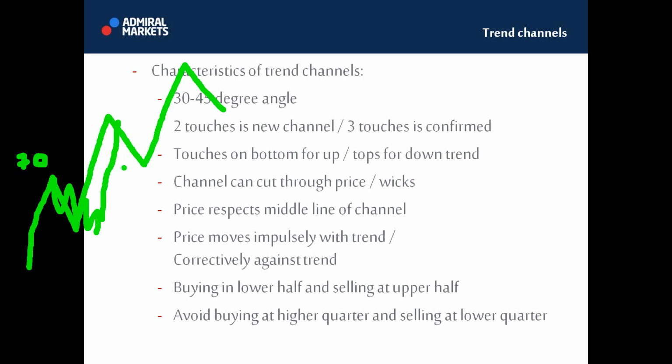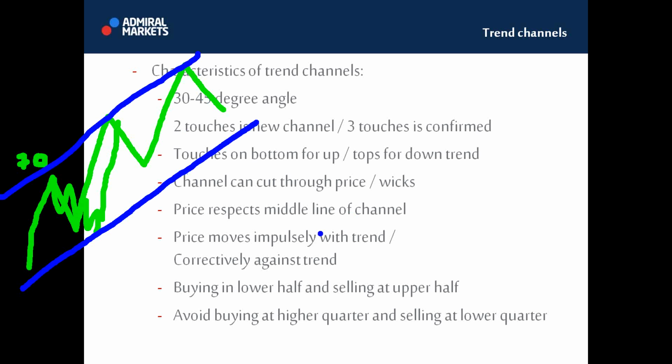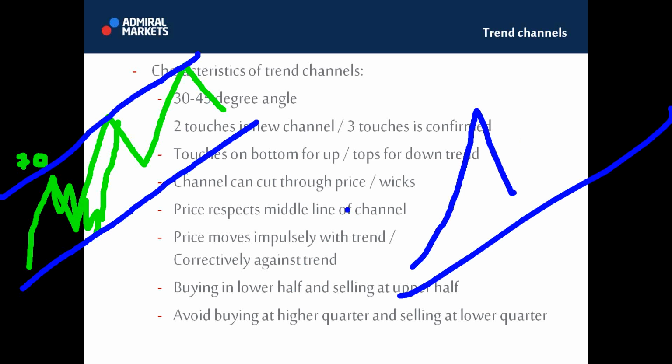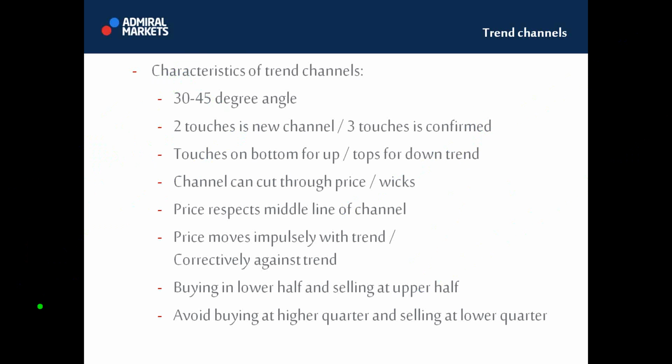So price will be moving at a higher angle, but the entire structure will become a trend channel set at a 45 degree angle, because part of price is fast, part of price is shallower, and the entire structure gets that angle. That's why you want to see that angle. If you see a trend channel or a channel that has a higher degree, then what you're actually looking at is the thrust, the impulse part of the channel. If you see a channel that is too weak, a too shallow angle, well then, in fact, you're probably not looking at a trend, but at a bigger correction.